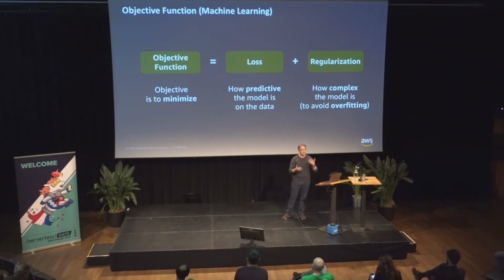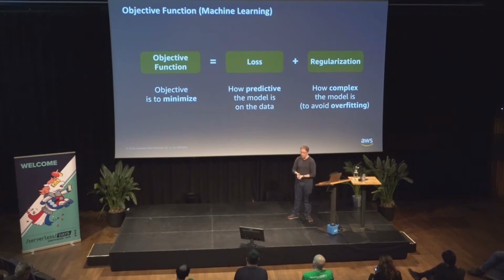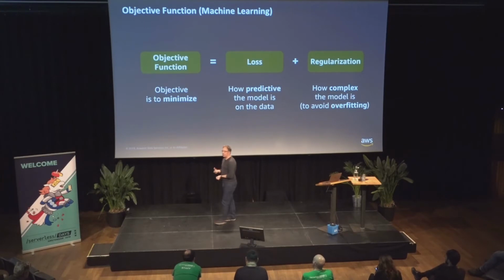So maybe I look at the last 3 months of weather, I apply the model, and then I sum up the errors, or the square of the errors, together, and that's the loss. If the loss is big, my model is not working very well. If the loss is small, my model is very good in prediction. The problem of this approach in machine learning is that it can give you overfitting. You can create models that work very well with the past data where you test the model, but are not very good when you give them new data for the future.